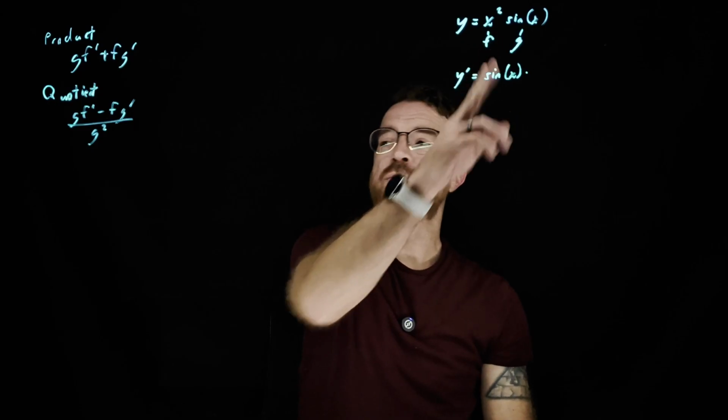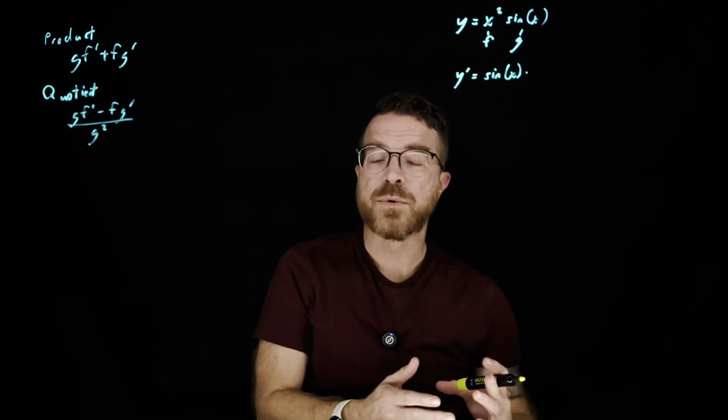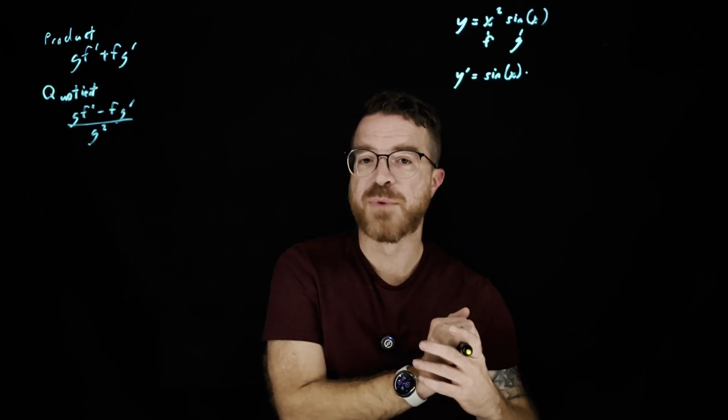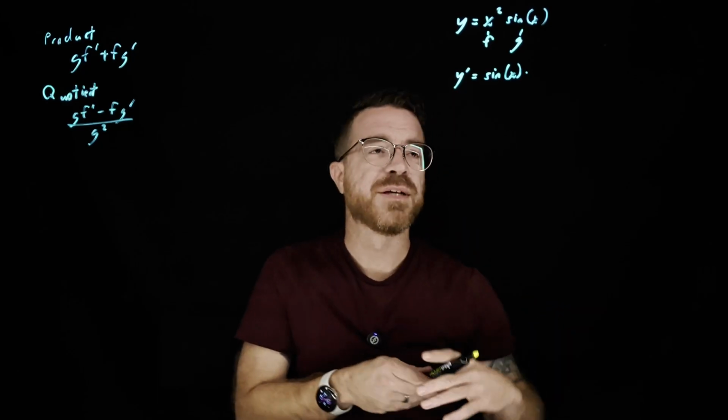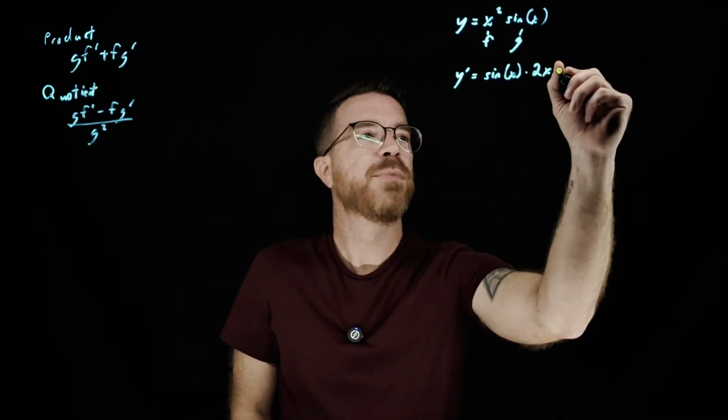Now we want to take the derivative of our f of x, which is x squared. So we use our power rule. x squared becomes 2x. The square was 2 minus 1 with the power, so that gives us x to the 1. So this becomes 2x, plus